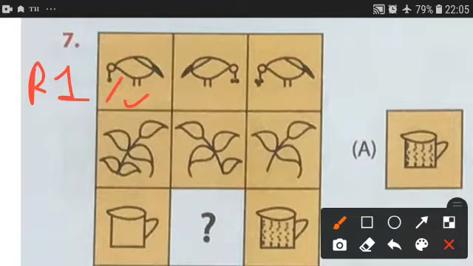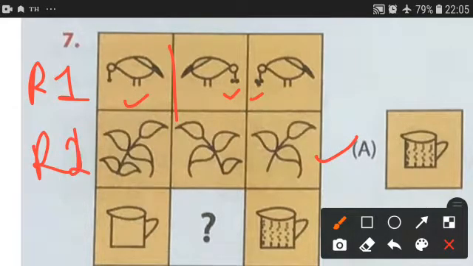Okay, you can check the seeds, the number of seeds are increasing, and the bird is laterally inverted. Means what? The mirror image of the bird is there, only the seeds are increasing. Similarly, if you check from here, this second row, leaves are decreasing, and there it is a mirror image, or laterally inverted image. Similarly, these leaves are reducing.